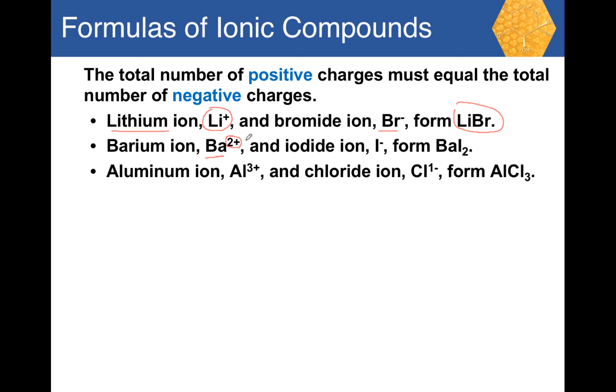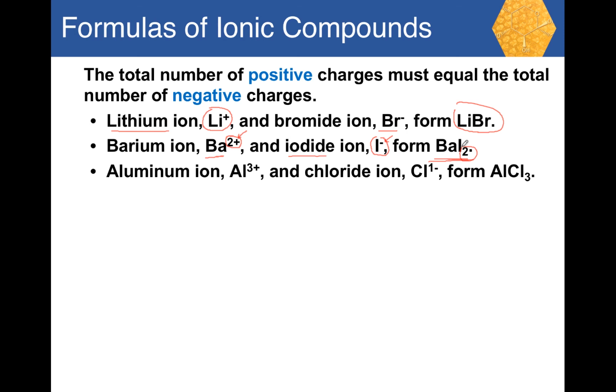Notice 2 plus. If it comes in contact with an iodide anion, which is 1 minus, it forms a molecule. But notice the molecule is written as BaI2